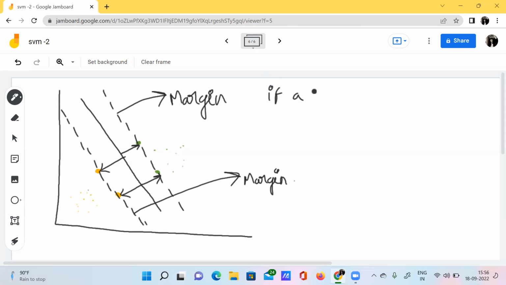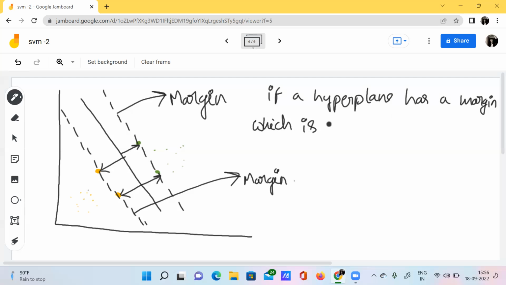I'm writing here: if a hyperplane has a margin, let's say we have a hyperplane and we also have the margin for that hyperplane, and if that margin is the largest, what does that mean?